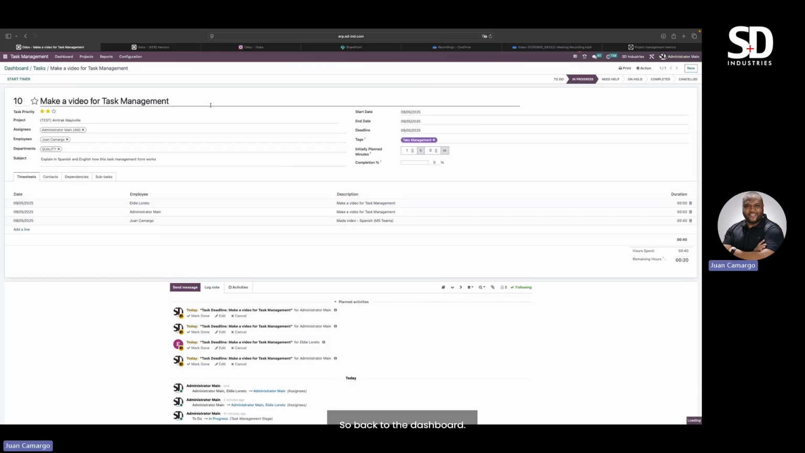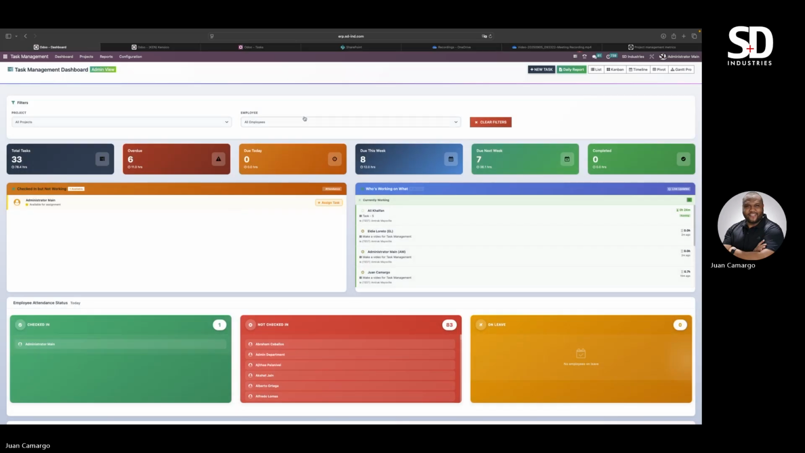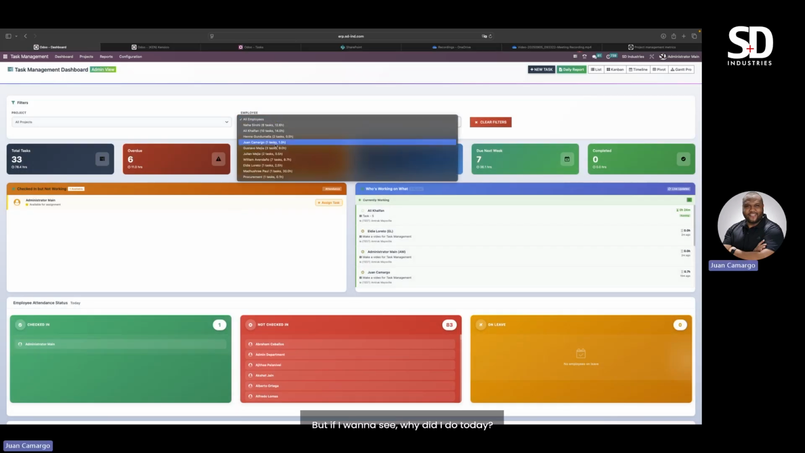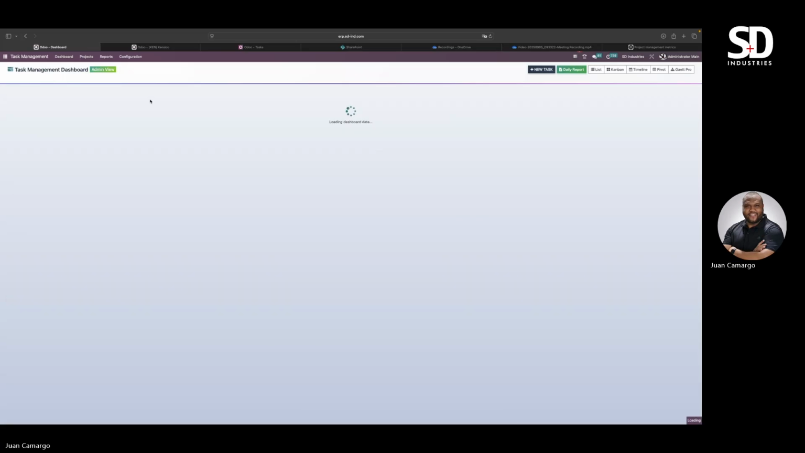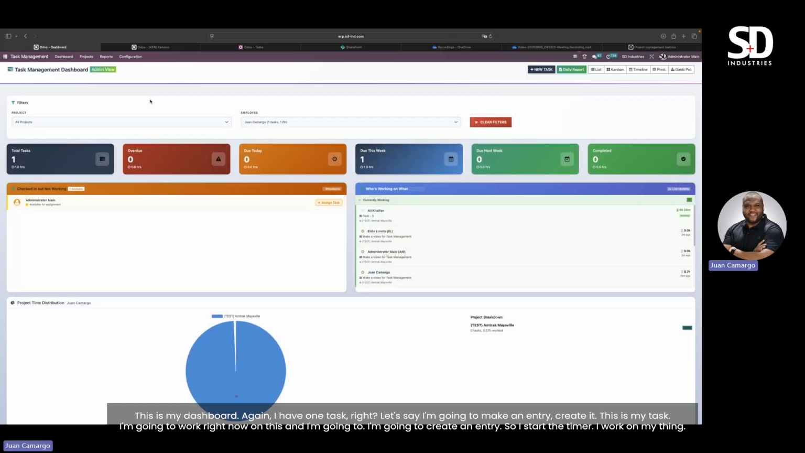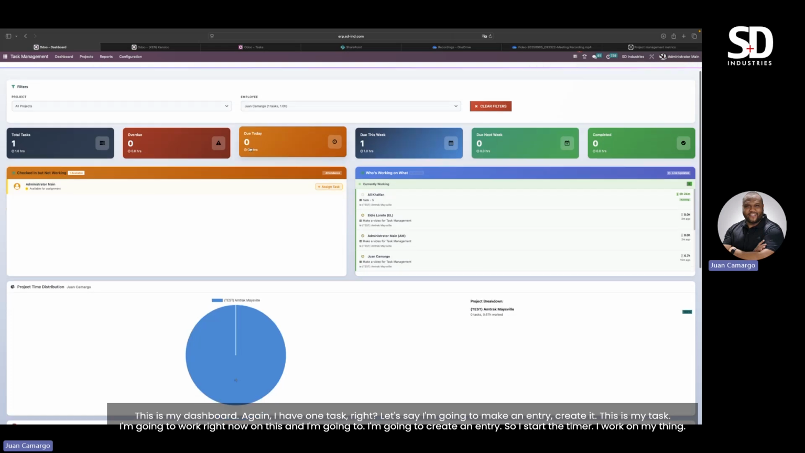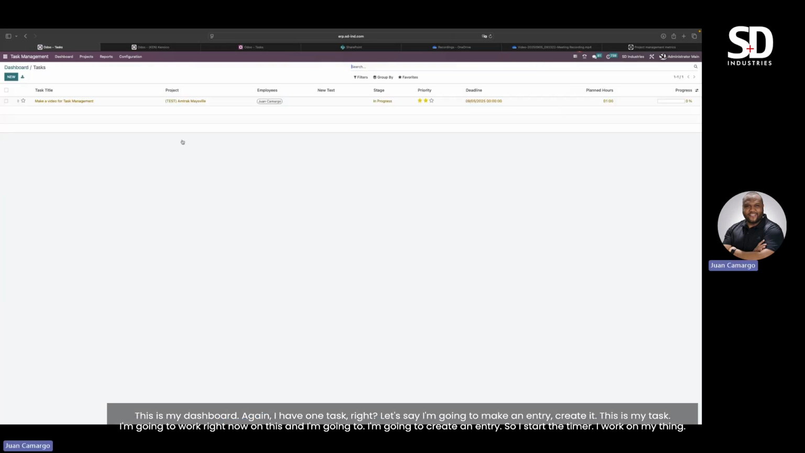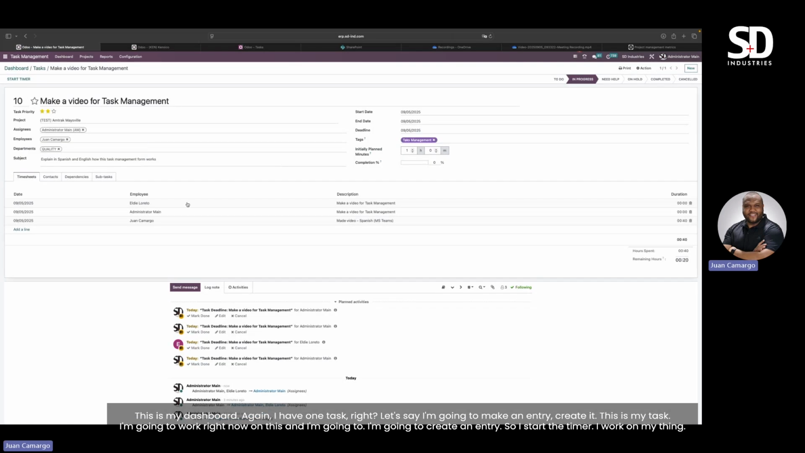So back to the dashboard. If I want to see what I did today, this is my dashboard. Again, I have one task. Let's say that I'm going to make an entry. This is my task, I'm going to work right now on this, and I'm going to create an entry. So I start the timer, I work on my thing,